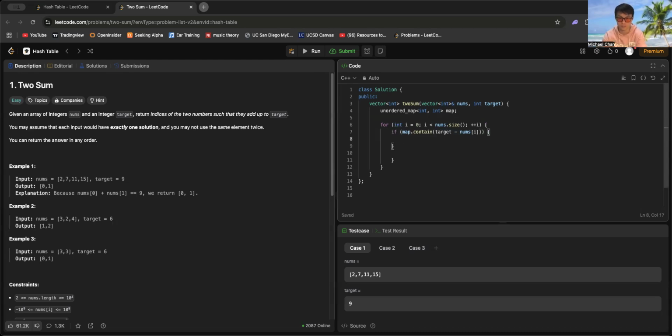If it does contain that, then I return i and map complement, right? Else,